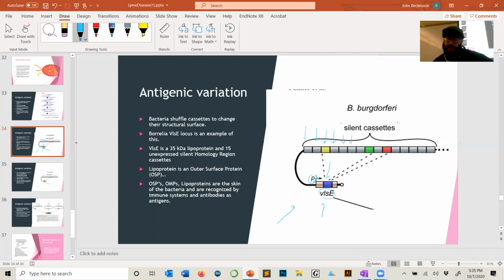Essentially, this is the thing that is expressed, but if there's any selective pressure, it's going to recombine in infinitely different ways with these hundreds and hundreds of copies of this little section that matches this region in the VLSE gene. And because these are silent,